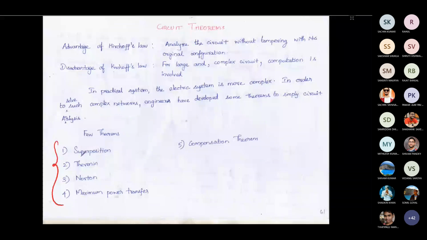And in the next semester, you are having one paper named Networks and Systems. In that, you will be reading another four theorems. Okay. So here, first, why do we need circuit theorems? Already we have talked about KCL, KVL, then mesh analysis and nodal analysis. Why did we see this? We saw those in order to analyze any electrical circuit, right?